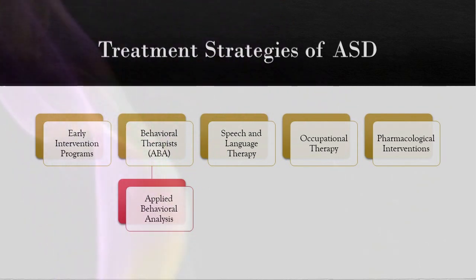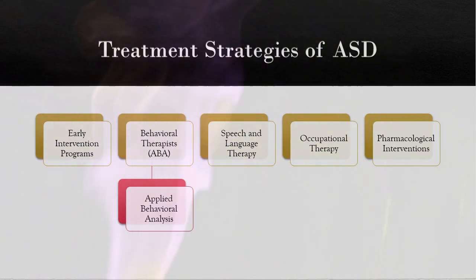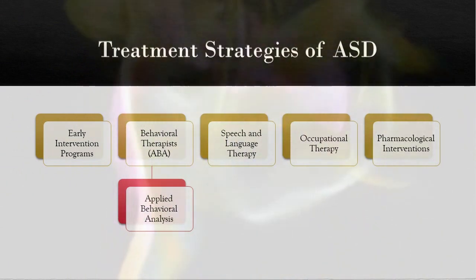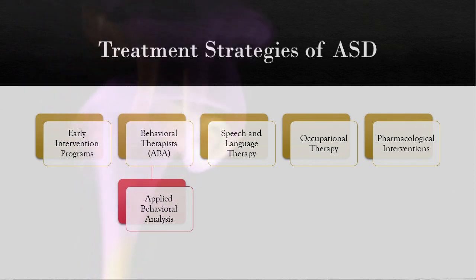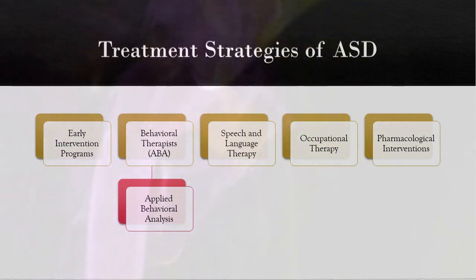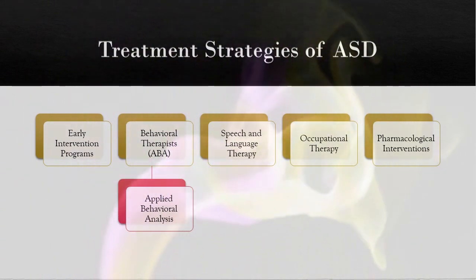And then, of course, we have some important aspects to deal with as far as treatment goes. As always, early intervention is critical for improving outcomes for individuals with autism spectrum disorder. Specialized programs, often initiated during preschool years, with a focus on things like enhancing communication and social skills and adaptive behaviors are always important.